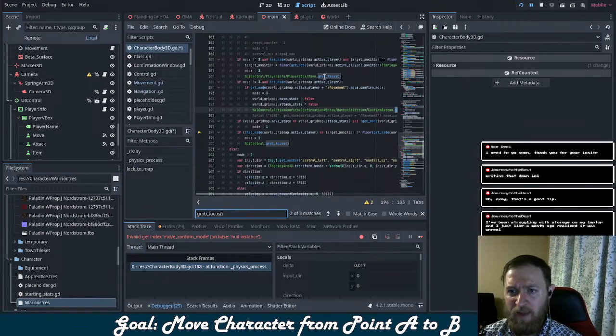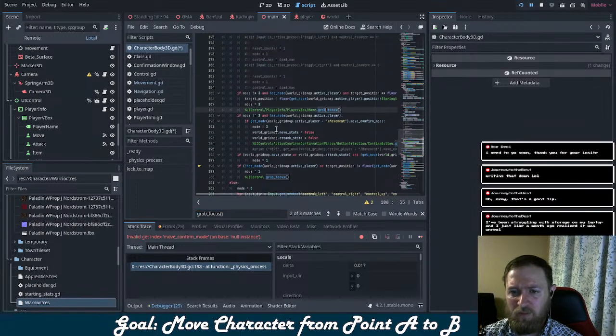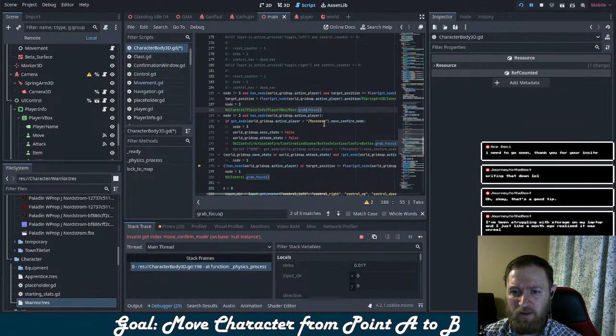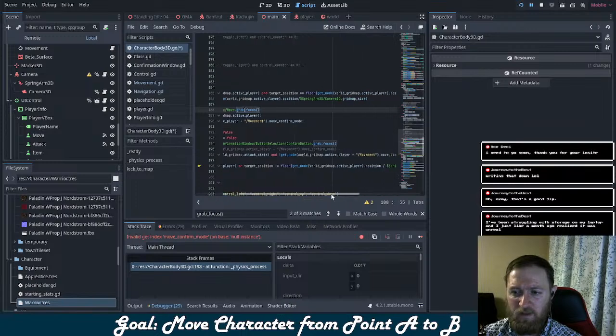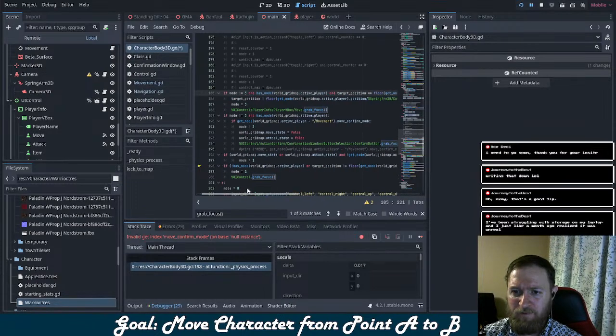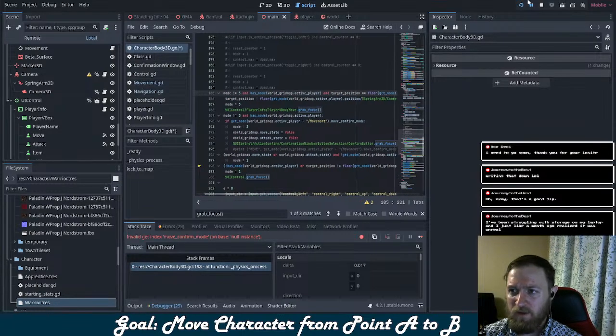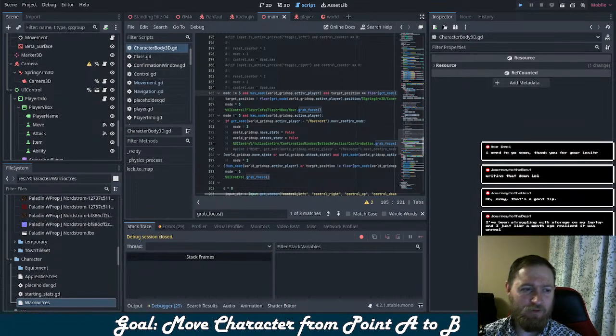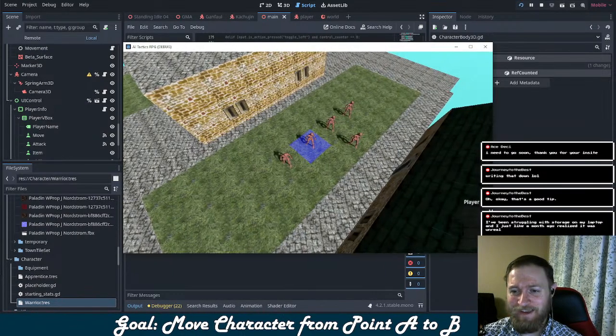I'm kind of thinking this is probably what's happening, it's jumping back and forth between here. So I probably also need this right here, which essentially says, hey, if you're in move control mode, don't grab the menu screen for